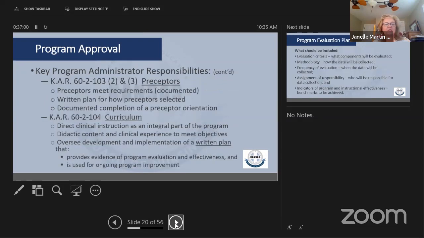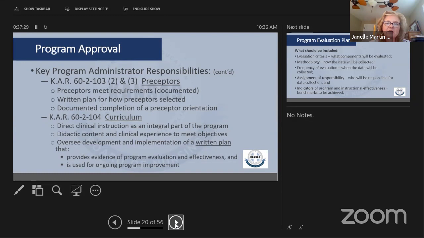Preceptors, one of the things that, and we'll talk about this a little more with the annual report, but when you have preceptors listed that you turn in with your annual report, we want to see the preceptors that were current in the last year. And we know that some of you have a list of preceptors that you might use, and maybe this year because of COVID you didn't. And I think some of you did ask me if you had planned to use them. Some of you already had them on the list, and that's fine.